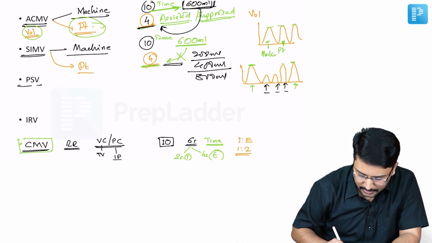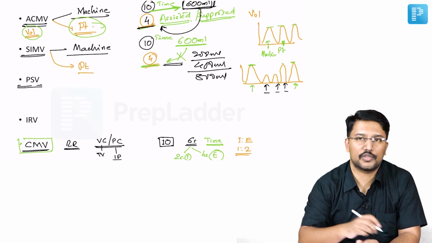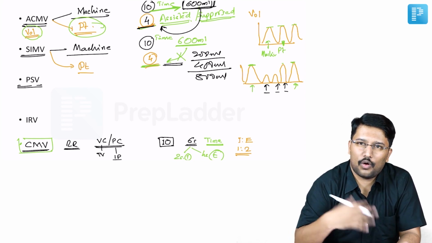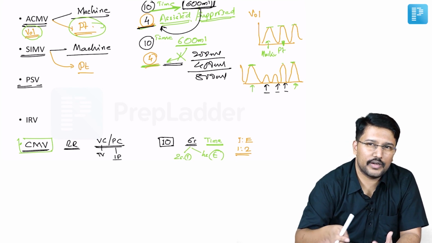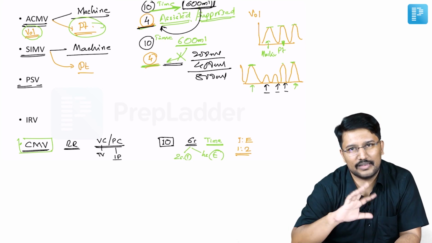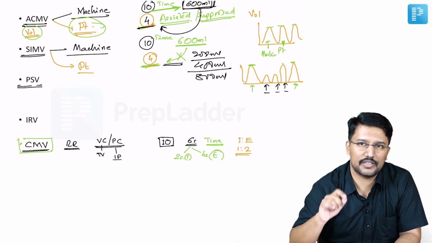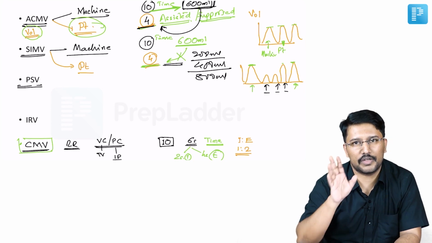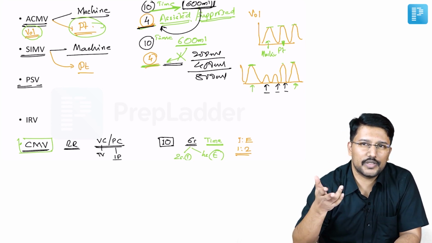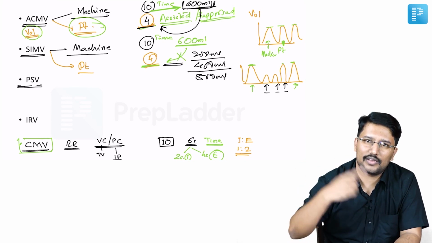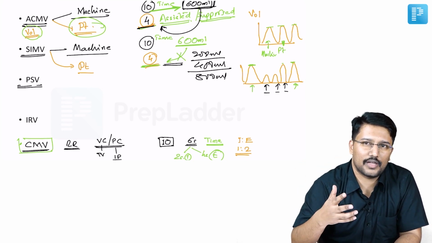Next mode of ventilator that we should be discussing is pressure support ventilation. This is interesting because it is different from all those controlled or semi-controlled modes of ventilation. Here basically the patient is only being supported. The name itself says pressure support ventilation. So the trigger here is not by machine or time. Whenever we talk about machine triggered breaths, they are time triggered, like we are setting a fixed rate, so the breaths are being cycled according to that.